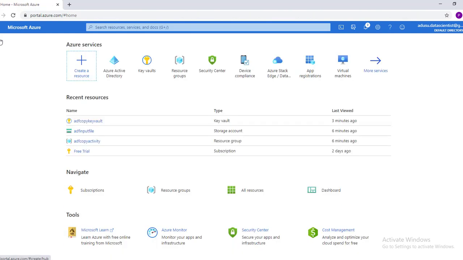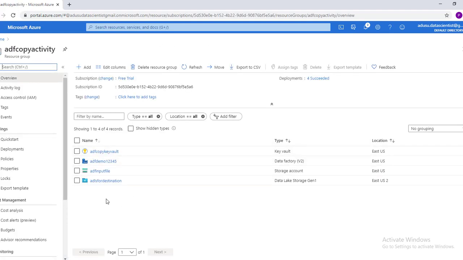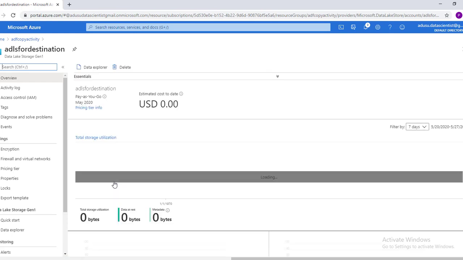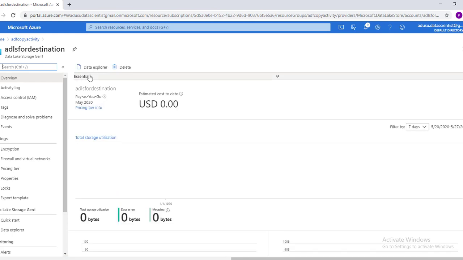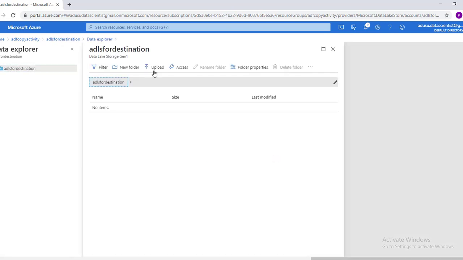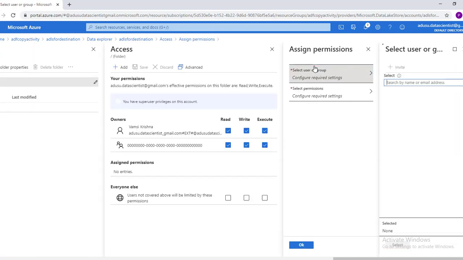That's it. Now we'll go to home. We'll click on resource group and then get into our data lake. In data lake, go to data explorer, give access, add.